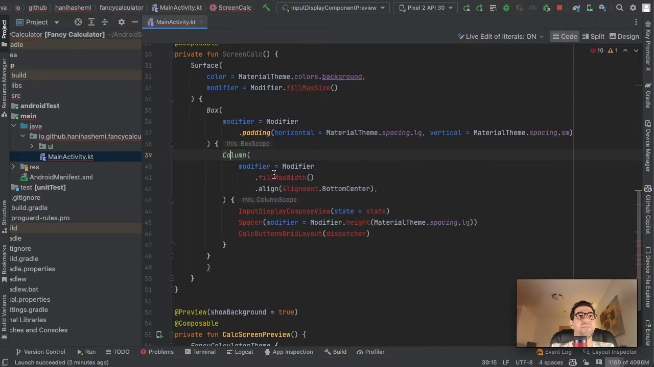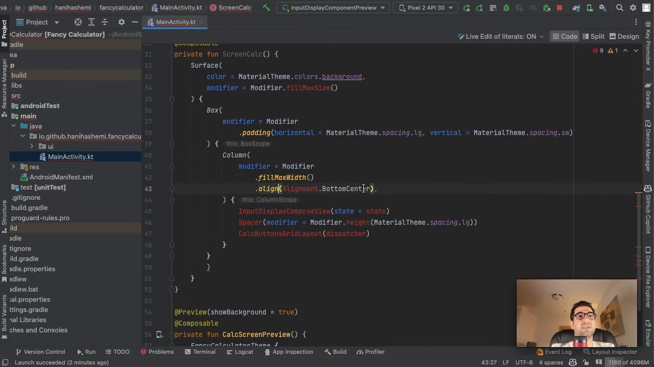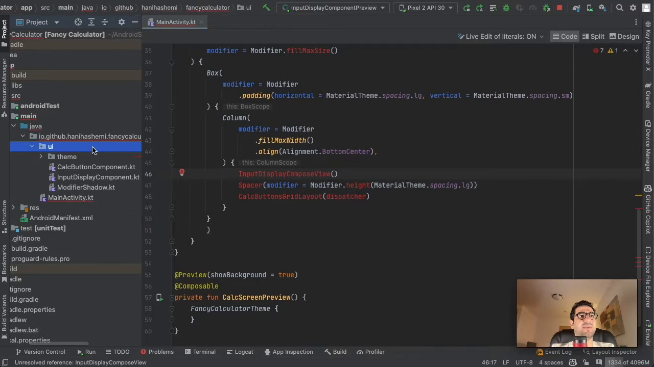fill the max width of its parent, and here it's going to start from the bottom. So here we are going to pass the input display that we have created. So for input display